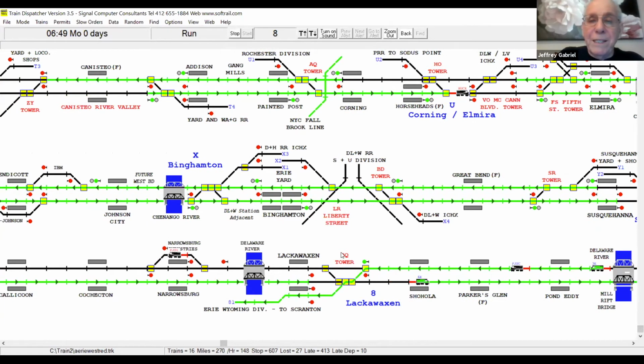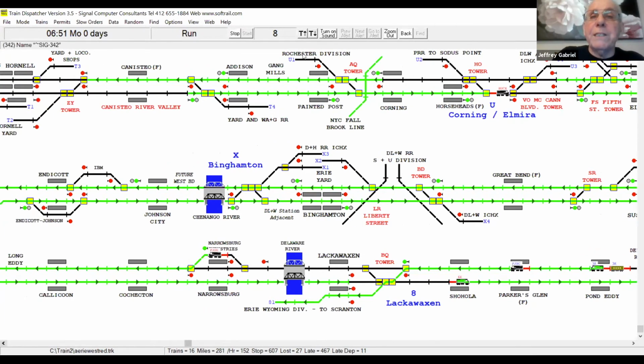Now, meantime, as I navigate over here, I have another train, Port Jervis to Susquehanna freight, was switching Narrowsburg. He's going to come out and he's going to go all the way to Susquehanna. I'll line him out. I'm going to pick up my speed a little if I can here. No, I can't really. Once he's out of there, he's the only train that works there. I'll fleet that signal so it can keep going.